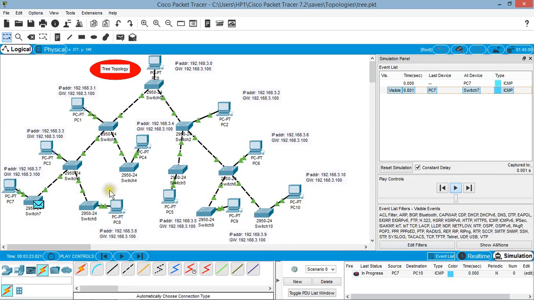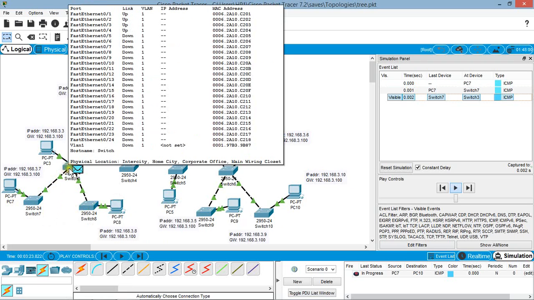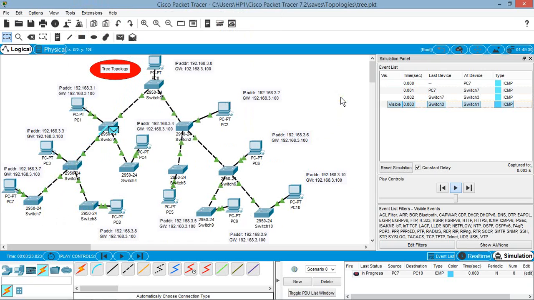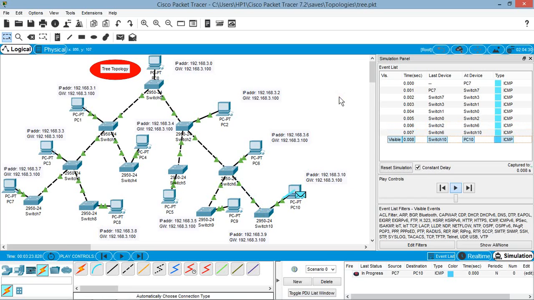From PC7, the packet is received by switch 7, from switch 7 to switch 8, from switch 8 to switch 1, from switch 1 to switch 0, from switch 0 to switch 2, from switch 2 to switch 6, from switch 6 to switch 10, and from switch 10 to PC10. So what has happened here? The packet is traveling through the root node in the tree structure,